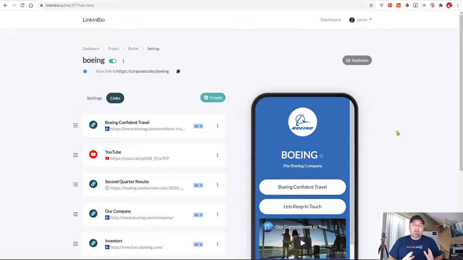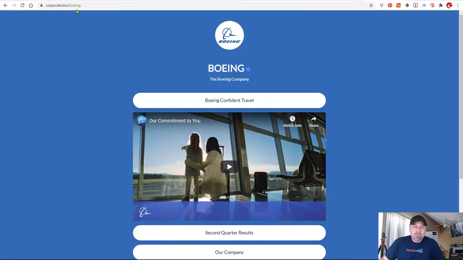Real quick, guys, I want to show you how I set up the Boeing Corporate.bio page. This is a great way for them to communicate across all of their social properties with one link. Now, if we take a look at this page, at the very top, it is under the domain name Corporate.bio/Boeing. So this is a corporate page that you can use as a link in your bio on all of